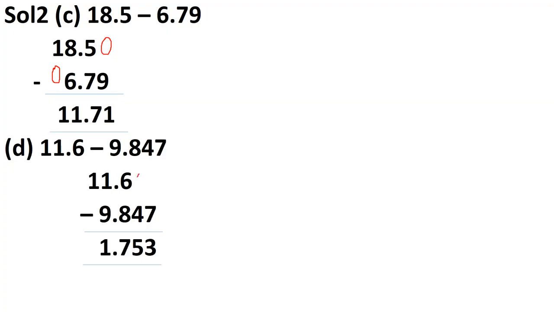11.6. So write down here 0, 0. See beta, don't confuse that in the previous question of sums of addition, why we have written 0 before 6, and now we are writing after, because here decimal is given, here after decimal 10th place is 6. So we can't change the 10th place digit. 10th place digit will remain same, that is 6 only, and remaining places we have to fill by zeros.